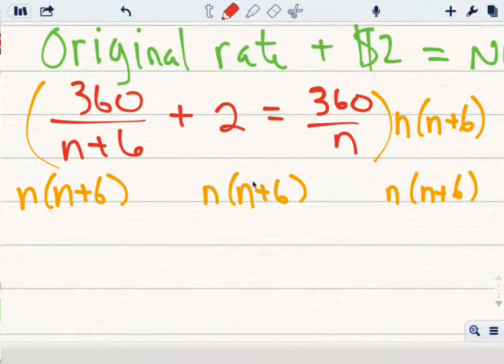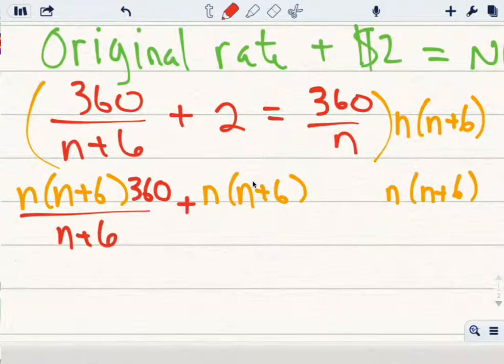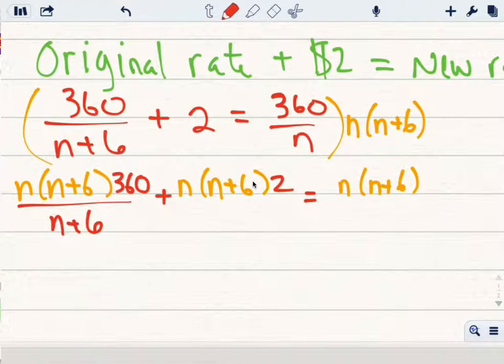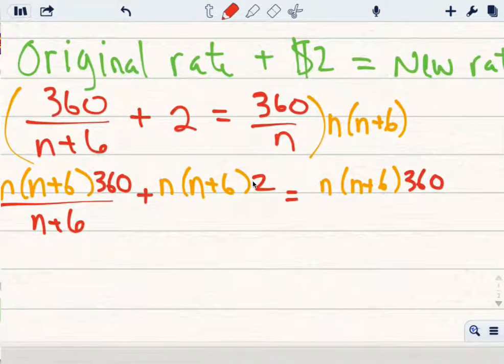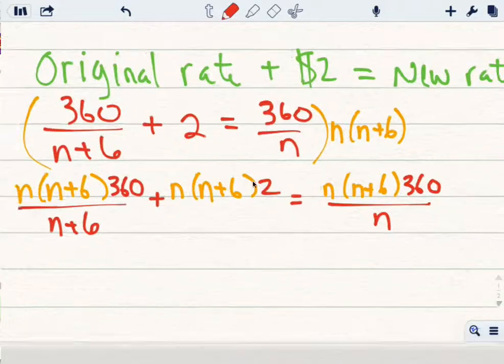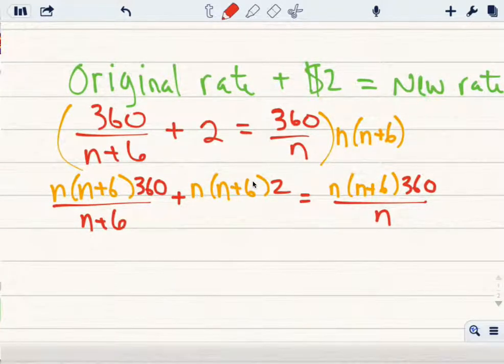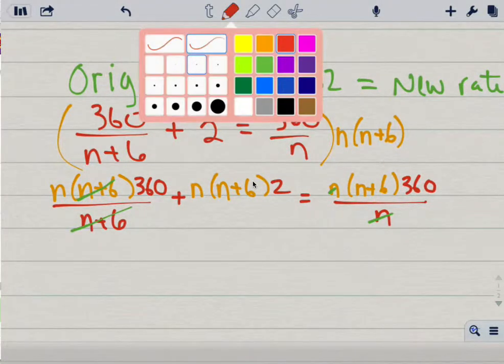I get 360 over n plus 6 plus 2 equals 360 over n. So simplify some stuff because it cancels. The n plus 6's cancel, the n's cancel, and so I get